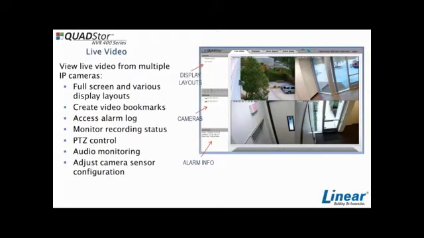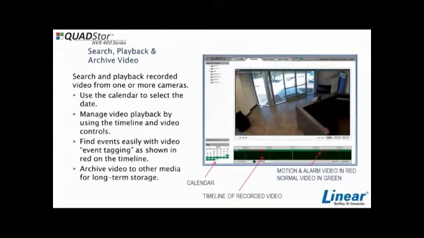View live video from multiple IP cameras. This offers full screen and various display layouts, bookmarks, alarm log access, monitor your recording status, PTZ control, audio monitoring, and camera sensor configuration. In the search and playback, you will see that there is a timeline of recorded video